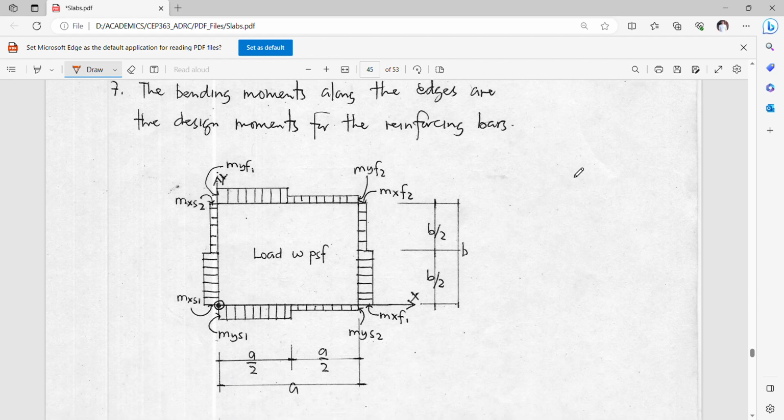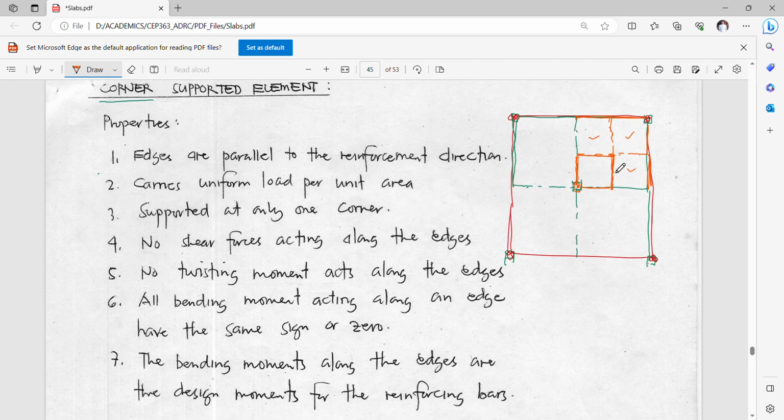You have here a typical 1/16 of the original slab panel, which is known as the corner supported slab element,